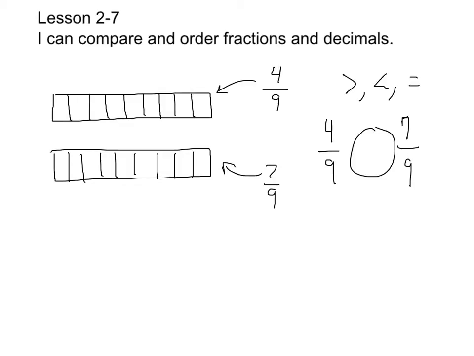Let's take a look at a common way to start thinking about this problem, and that's comparing two numbers with the same denominator. For instance, we're going to compare 4/9 and 7/9. You'll notice that they're both ninths. They both have the same denominator. If I had a tile broken into 9 sections, 4/9 would be 4 of them. And if I had the same tile, but this time I was looking at 7 of the 9 sections in the tile, or the strip,